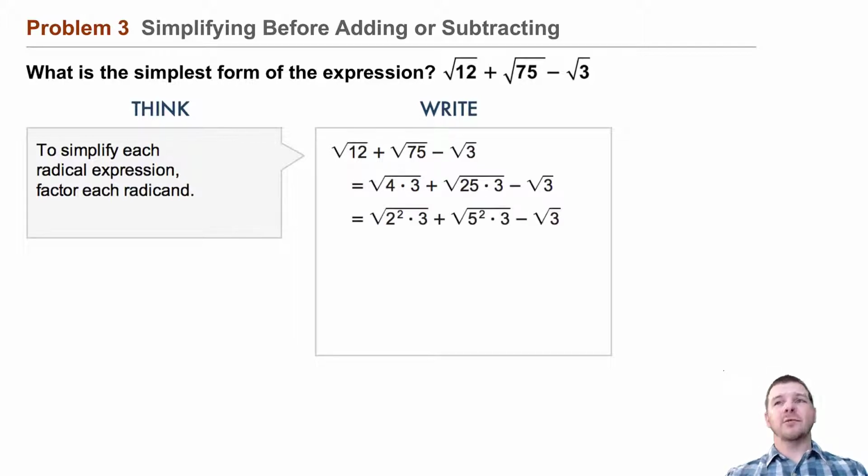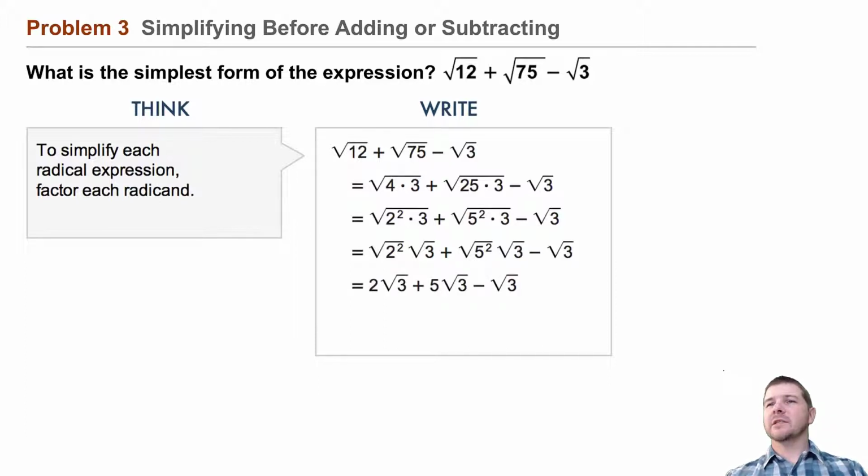and so we arrive at the expression the square root of 2 squared times 3 plus the square root of 5 squared times 3 minus the square root of 3. Separating these radicals, the square root of 2 squared times the square root of 3 plus the square root of 5 squared times the square root of 3 minus the square root of 3. Simplifying, we have 2 times the square root of 3 plus 5 times the square root of 3 minus the